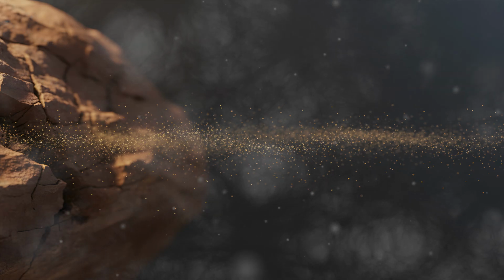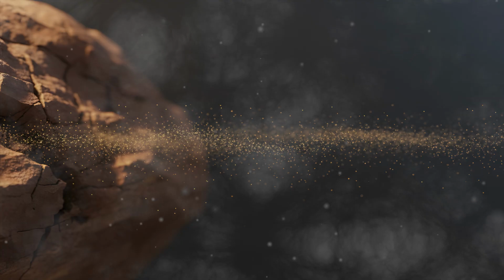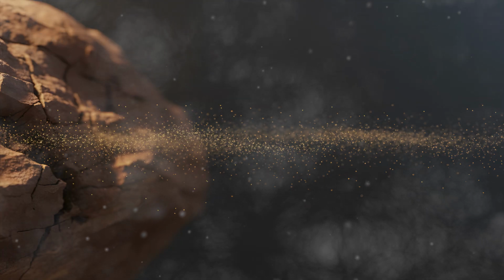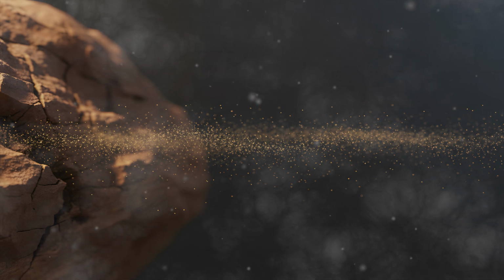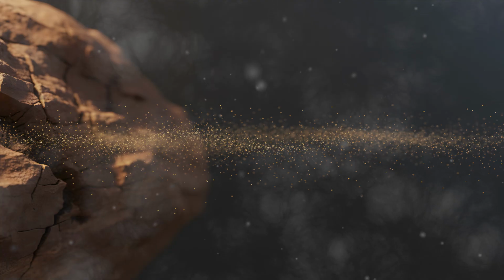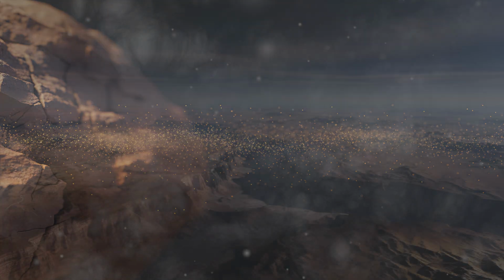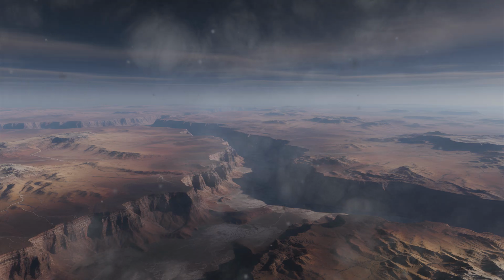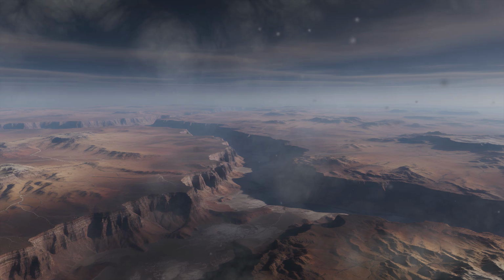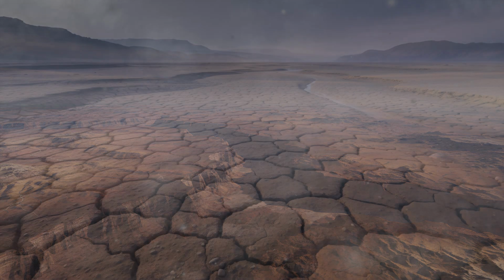otherwise arid terrain. Over extended periods, wind-driven erosion can sculpt natural stone arches and delicate rock pillars, gradually removing softer material while leaving more resistant formations intact. These structures stand as evidence of persistent abrasion, where sand-laden winds act like a natural sand-blasting force. Their shapes often appear almost architectural, reflecting the slow but steady influence of environmental forces.